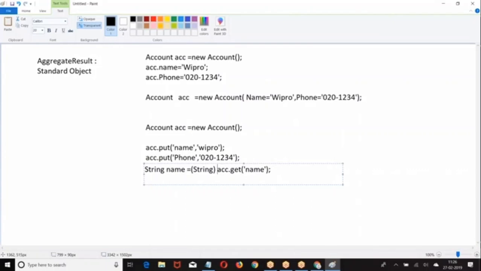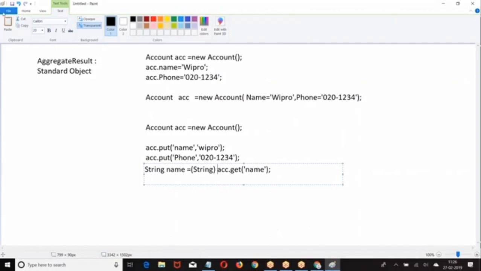Now, can you always say the field value is going to be a string? A decimal? I am not sure. The value may be anything. I am not prepared to handle it. I don't know what type of value you are going to insert. So that's the reason while taking the data, we have to convert into the original format and use. Alright, this is the point.